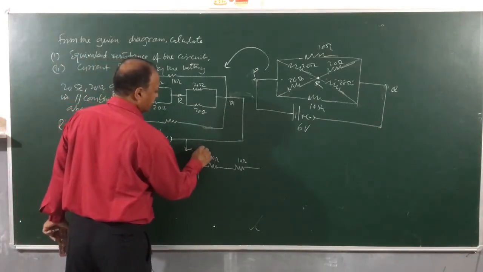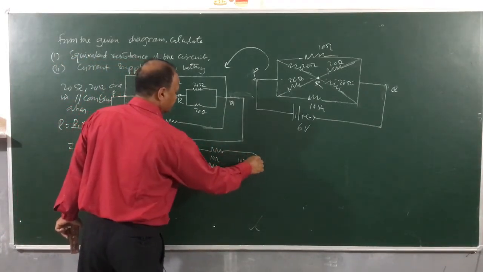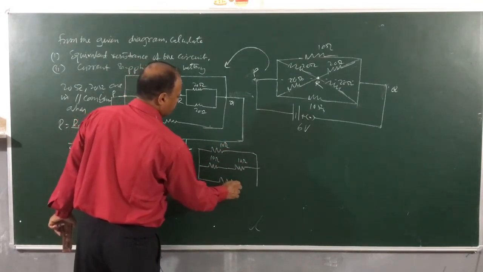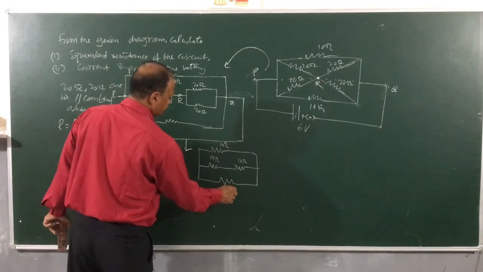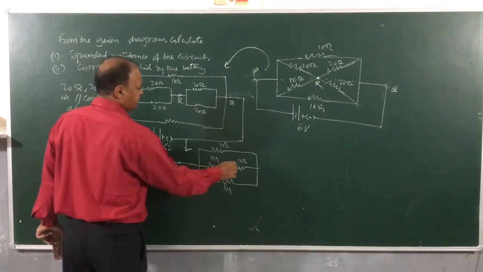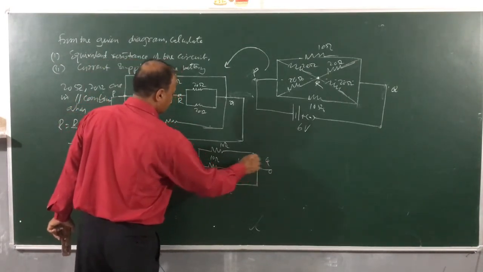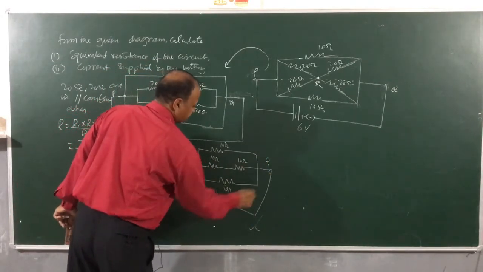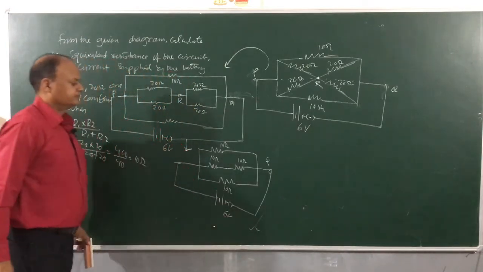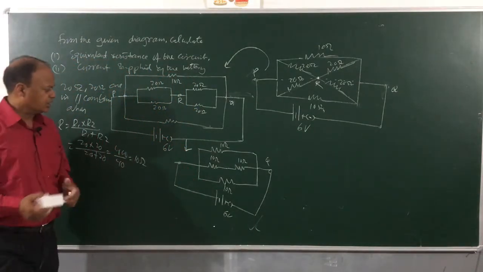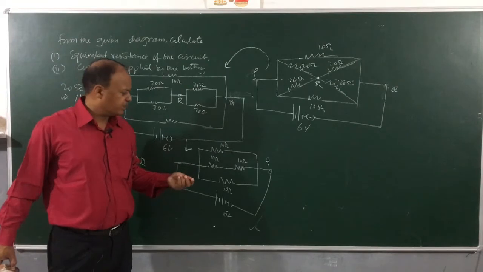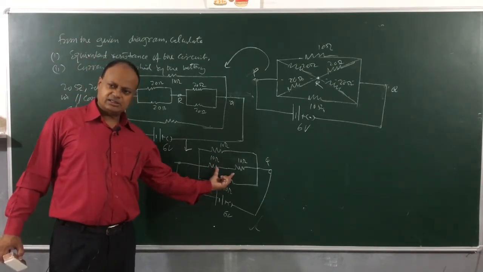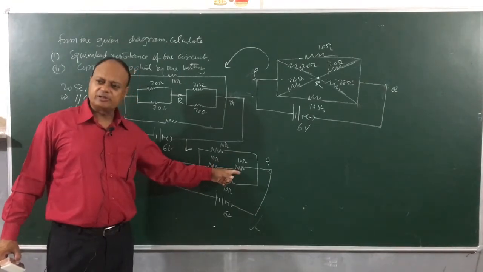And then here we have 10 ohm. And here also we got how much? 10 ohm. And this is point P, this is point Q. And how many volts am I applying here? 6 volts. Clear? Now children, one more simplification is required. This 10 ohm and 10 ohm are connected in what? Series. So the effective resistance is 20 ohms.